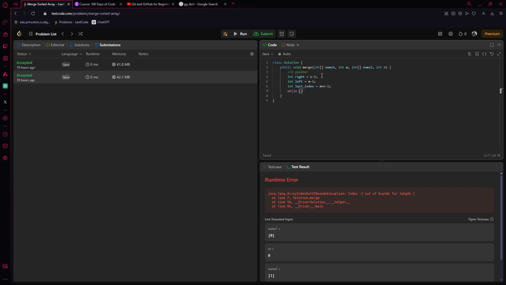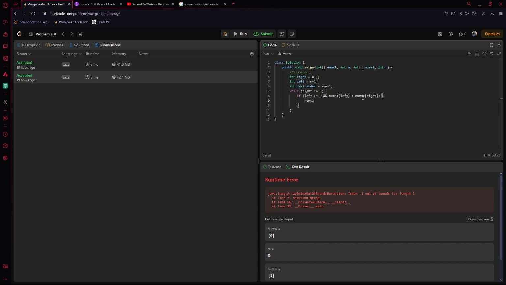So while right is bigger than or equal to 0, if left is bigger than or equal to 0, and nums1 left is bigger than nums2 right,